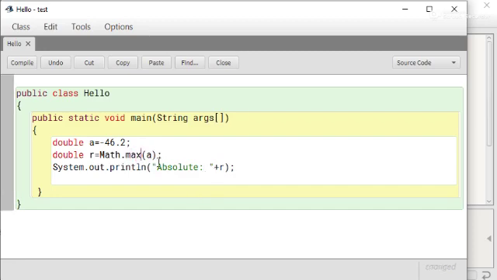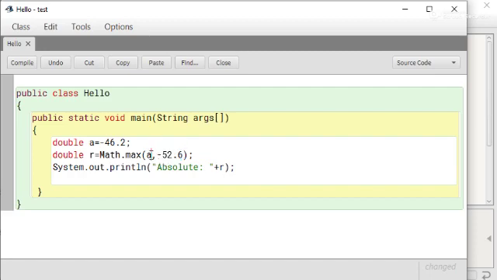Now a is a number, comma, suppose one more number is there, minus 52.6.